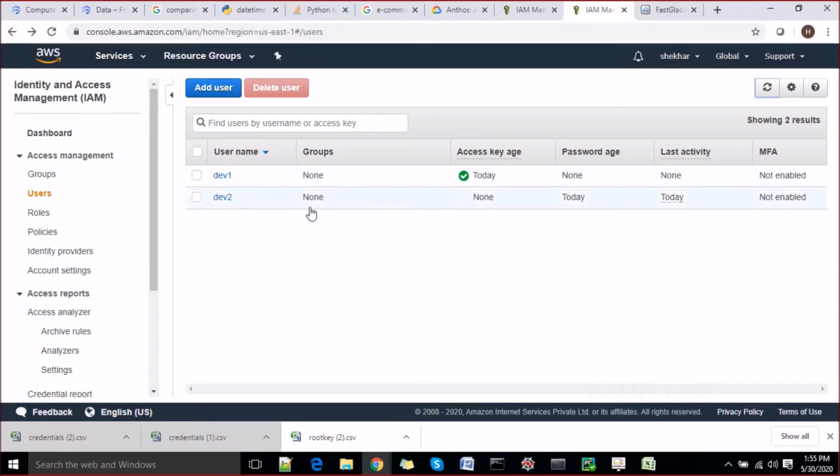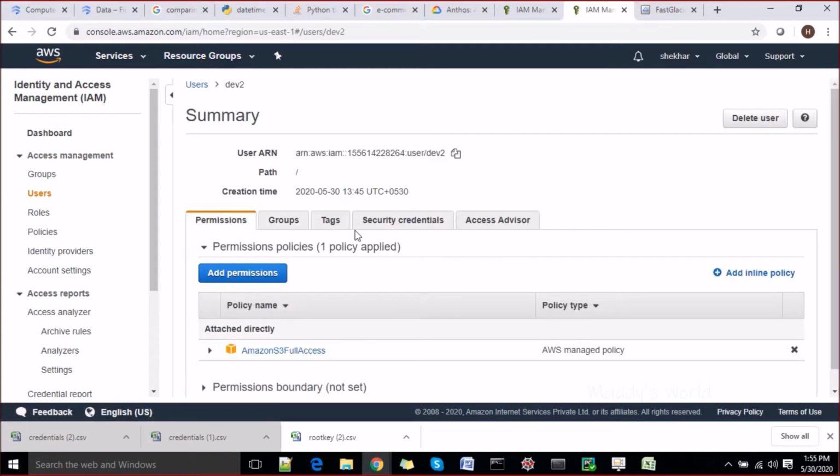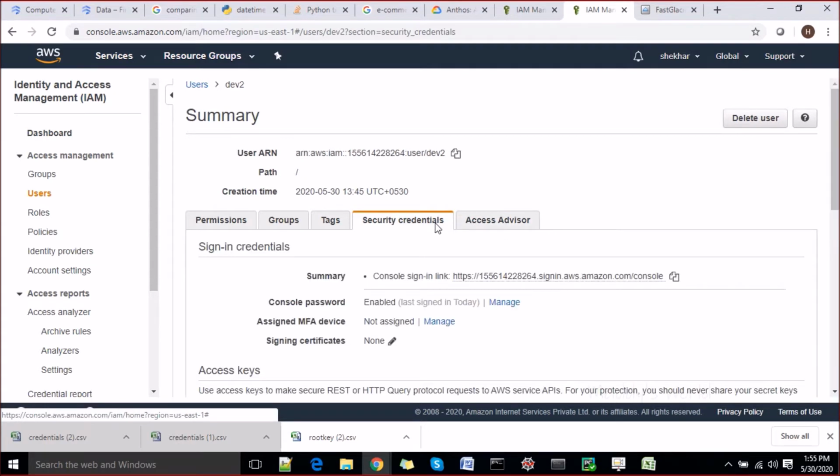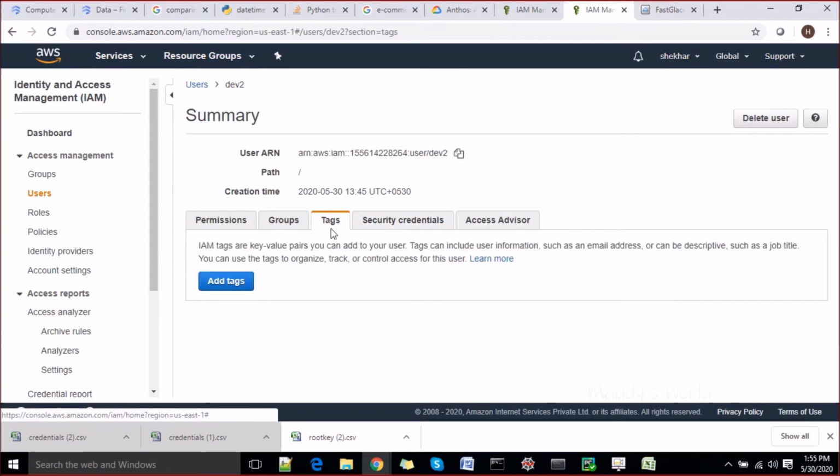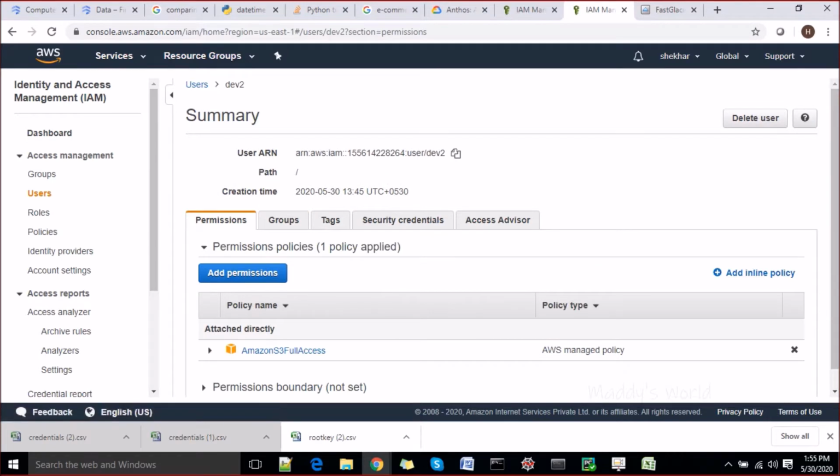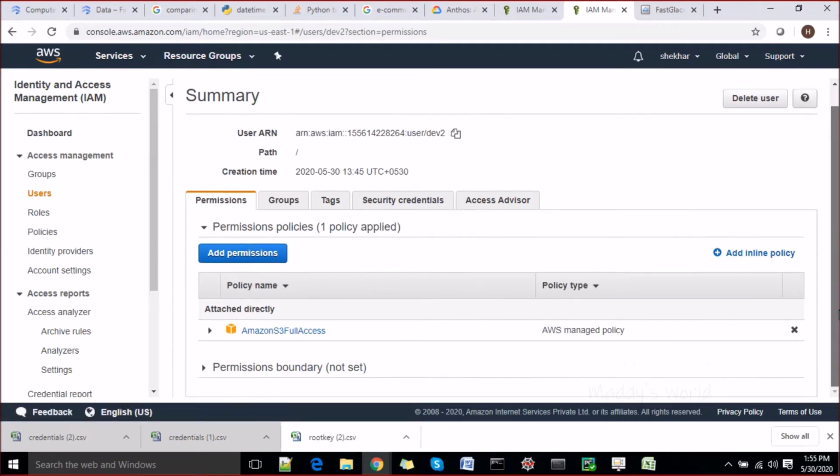However, you can add both kinds of access for the same user, programmatic as well as the other kind. Let's say you go to security credentials here, not the tags and groups. Okay, that's fine now.